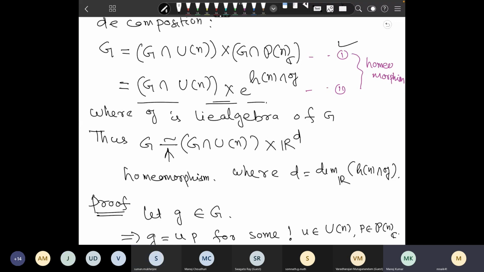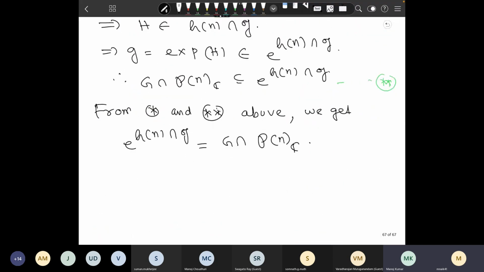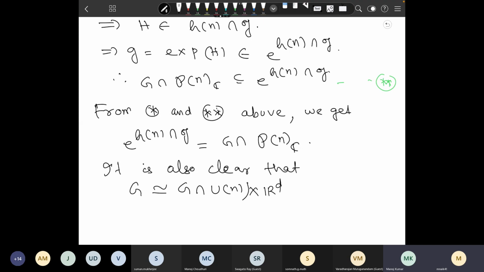Then G is actually homeomorphic to G intersection U_n cross R to the power d. So this finishes the proof of this theorem. It is clear. Okay, let us write the one line like that: G is homeomorphic to G intersection U_n cross R to the power d, where d is equal to the dimension of